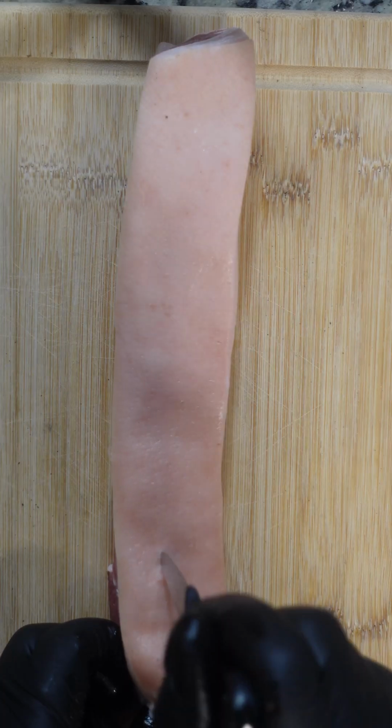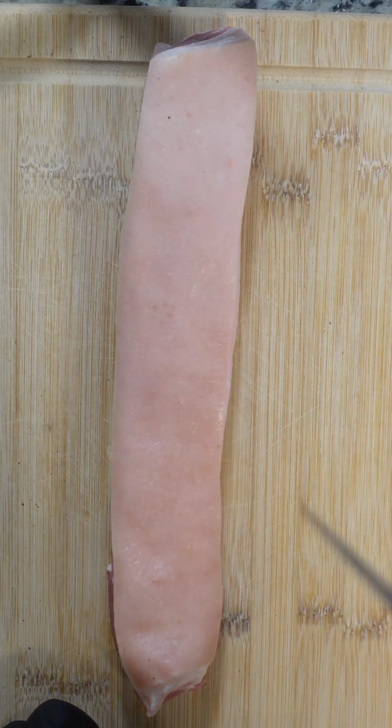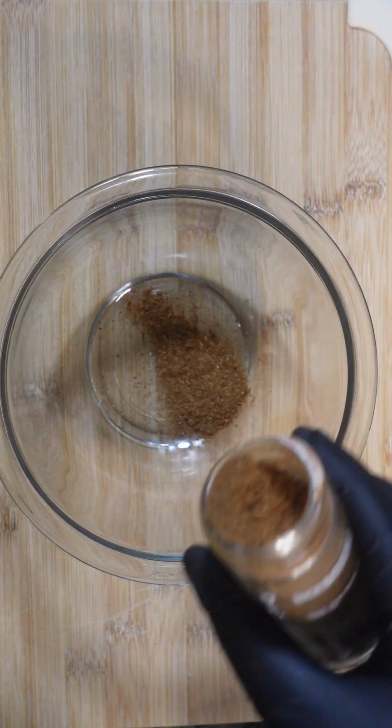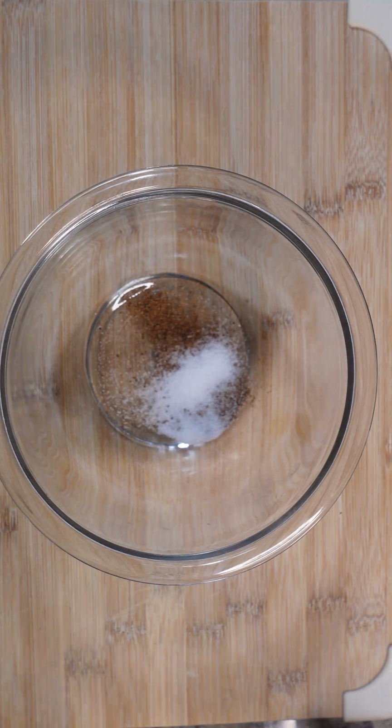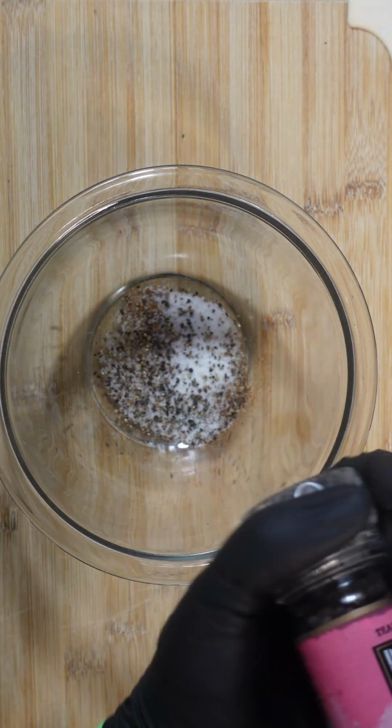Okay, you're going to stab the living daylights out of it. I started off with a fork, and then I had to change weaponry and moved to a knife. Basically, you're going to poke a lot of holes in the skin because that's what we want to get crispy. Then you're going to make your 5-spice rub, and it's basically some salt, some sugar, Chinese 5-spice, black pepper